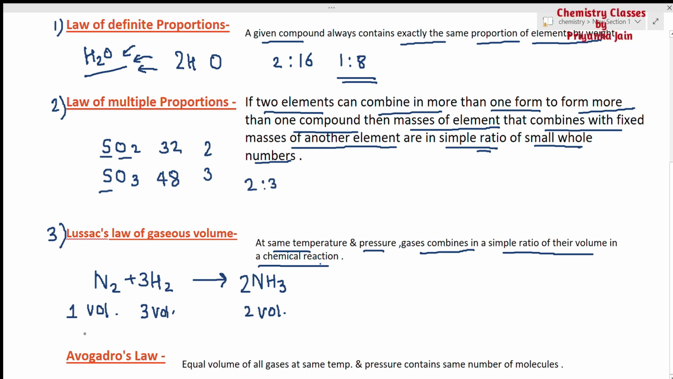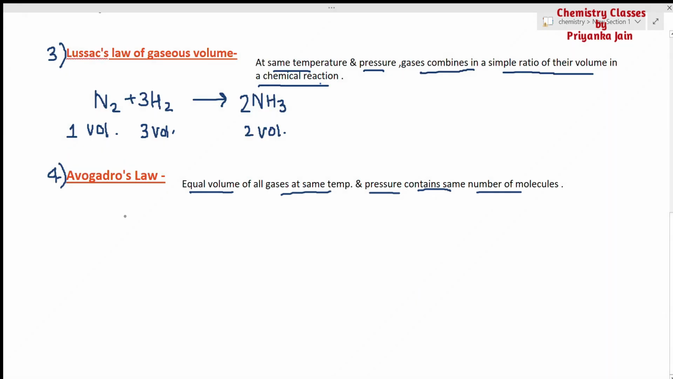Now see the fourth law. The fourth law is very important, that is Avogadro's law. What does this law say? This law says that equal volumes of all gases at the same temperature and same pressure contain the same number of molecules. What is the meaning of this? See here. Suppose we are taking H2 gas, and we are taking N2, or O2,